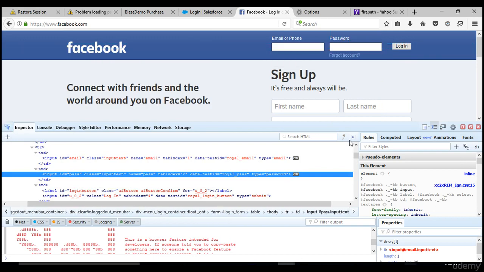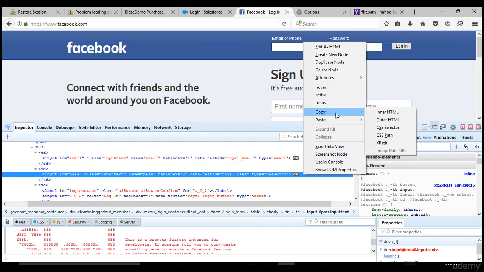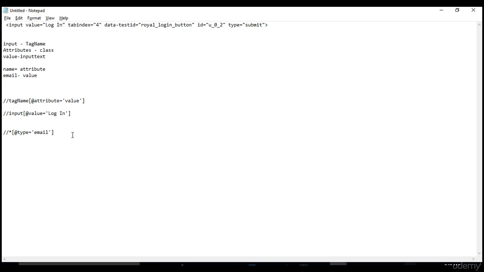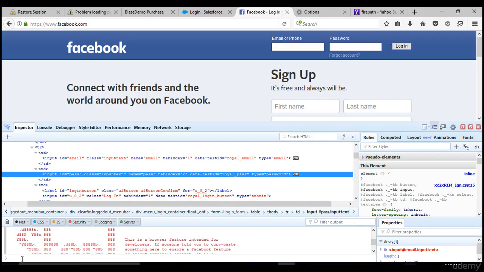Earlier we saw that the browser itself is giving XPaths for us. Let's see what the browser is giving and what we are using, and what the difference is between these two. When you took the XPath from the browser earlier, it was like rocket science. We were not sure what it was. We simply copied it here and validated.